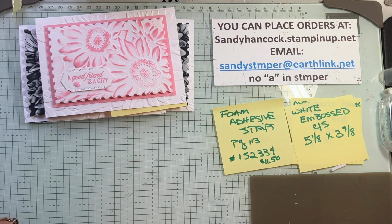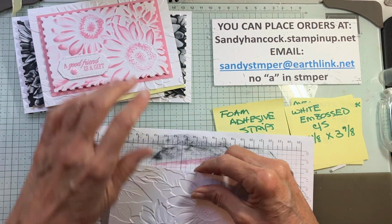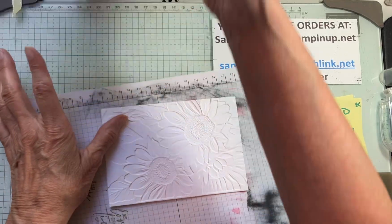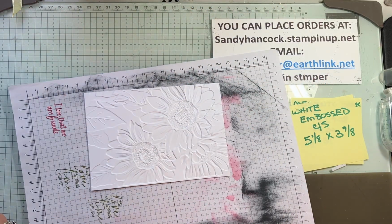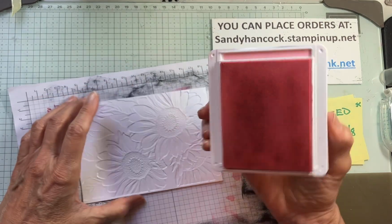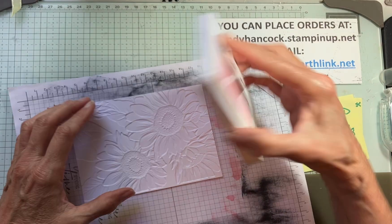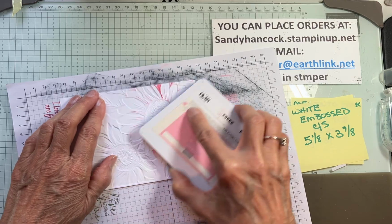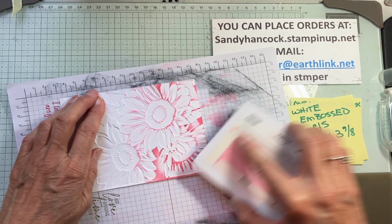Okay, so let me find, here we go. Okay, so get my paper again. Okay, so I'm going to do the debossed side and the embossed side to show you the difference. I'm going to move these out of harm's way. Now I'm using a big juicy pad, so I'm not going to pull it like this. Once again, I'm going to come in like this, kind of at an angle,